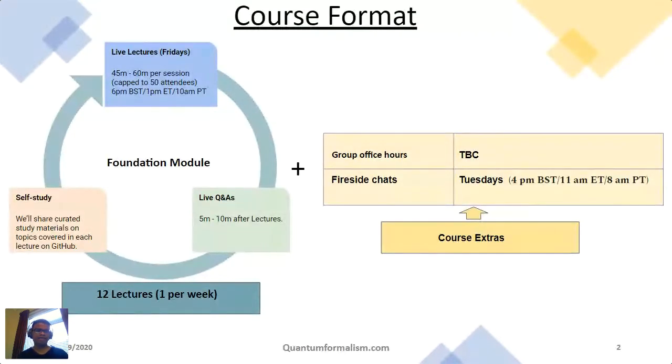This is to help you, so the lectures will be a kind of guidance really for you, especially for those of you who are new to these things. They will help you focus on which areas you should be spending more time on to prepare for the next lecture. So the lectures are designed to have these 7 days gap in order to help people observe before the next lecture. So that's the foundation module. I'll go in a bit about what we will cover in the foundation module.